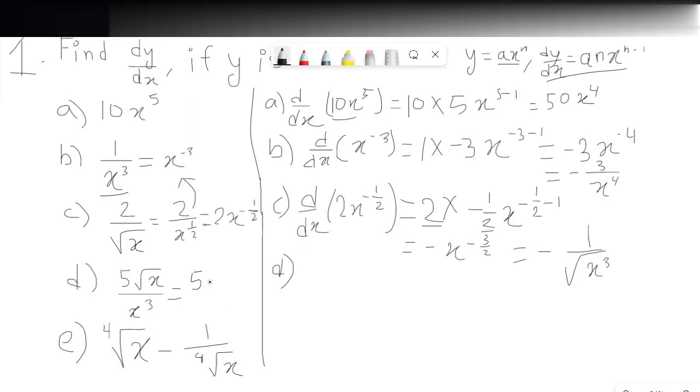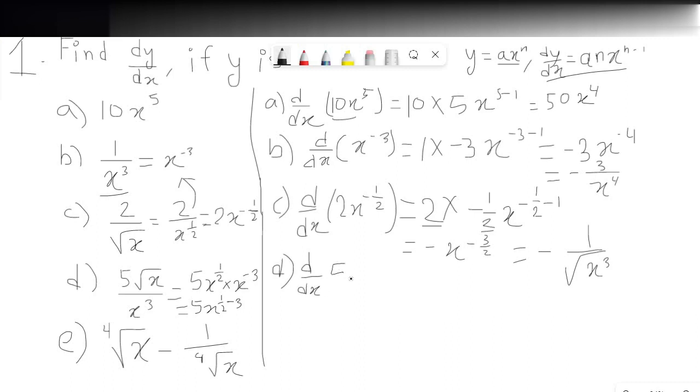So this will be 5 into x to the power half divided by x to the power 3, or we can also write that by multiplying with x to the power minus 3. So this can be written as 5x to the power half minus 3, and when simplified we get 5x to the power minus 5 by 2. So we use that here